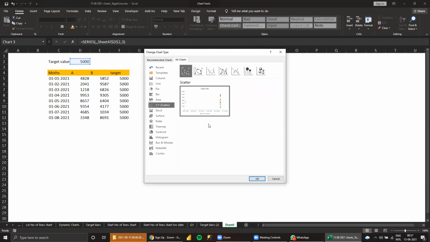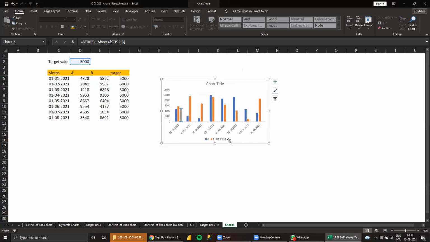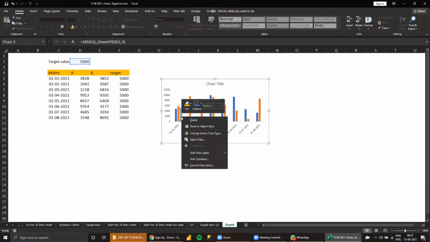I've done this, but it's not working now. No way. Change the data.